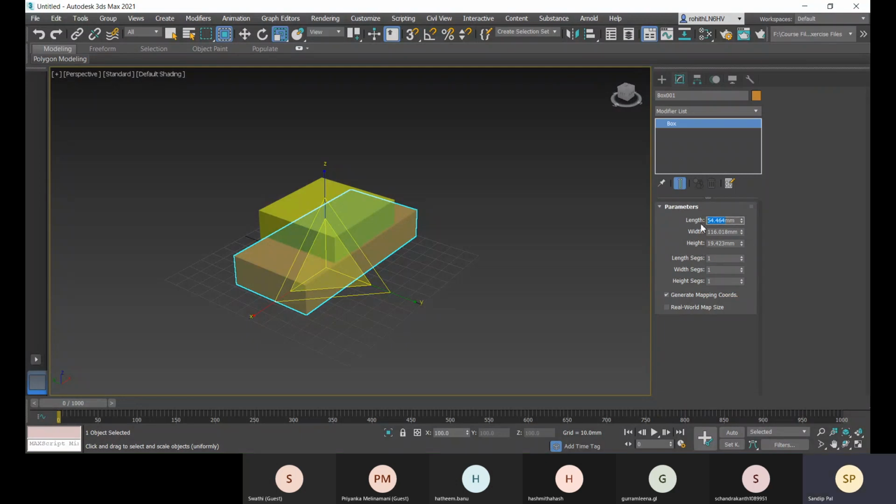So let me go with the length like 50 and the width I'll go for 120, enter, and the height I'll go with 20, enter. And for this also I'll provide the length as 50, enter, and the width I will make different, let's go with 65, enter, and the height I'll go with 12, enter.